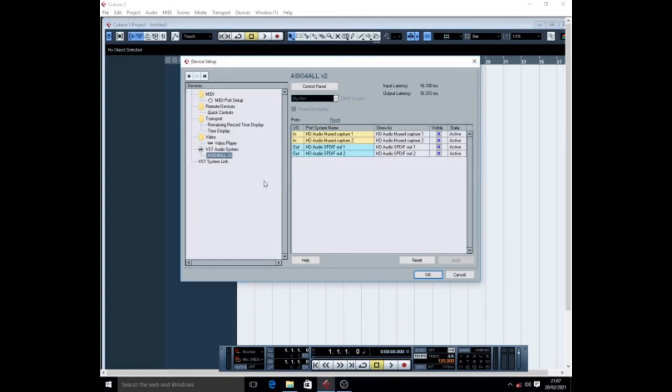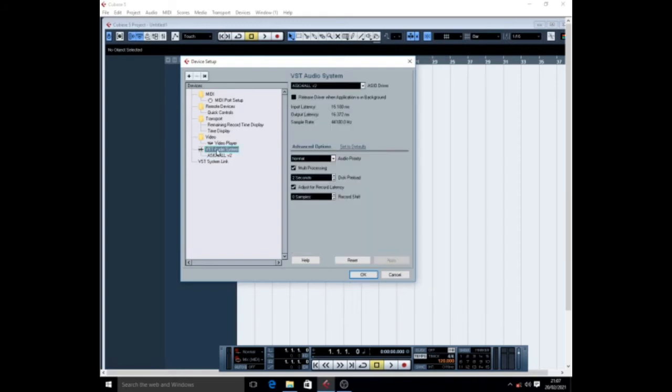Device setup, and then you go here where it says VST audio system. Here you press here, and then as you can see, mine is connected to audio for all,